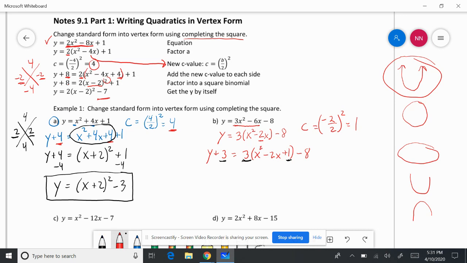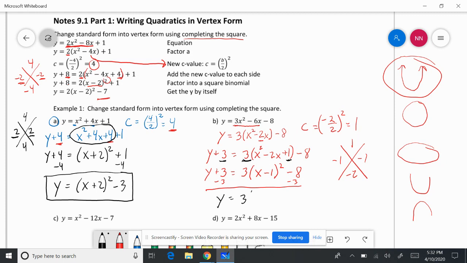Now, the next thing I'm going to do is factor it. So I'm looking for two numbers that multiply together to give me 1 and add up to -2. And if I'm doing it correctly, it's always going to be the same. So I have the y plus the 3 equals 3 times x minus 1 squared minus 8. Now for the easiest step, we get the y by itself. And in this case, we're going to subtract 3. So my final answer is going to be y equals 3 times x minus 1 squared minus